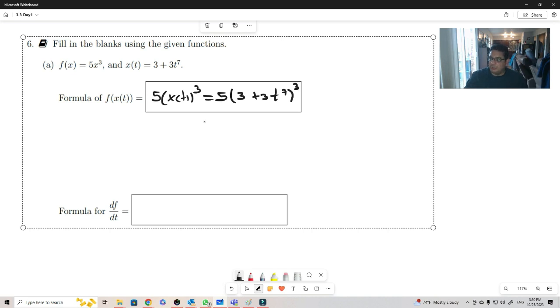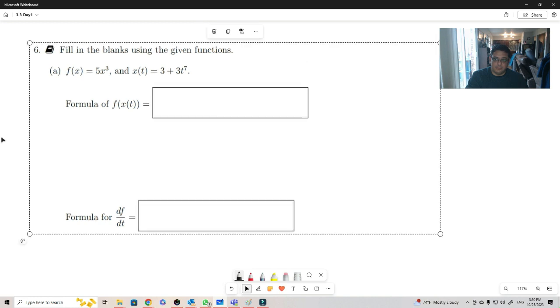Then remember that now we gotta apply the formula for the chain rule, and the formula for the chain rule is f prime composed with x of t times x prime of t. Okay, so if we want to, we can find the derivative of each of these parts individually. This is something that you can do when you're doing chain rule. If you have the value of f and the value of x here, you can just go ahead and do it. So f prime of x is just going to be 15x squared